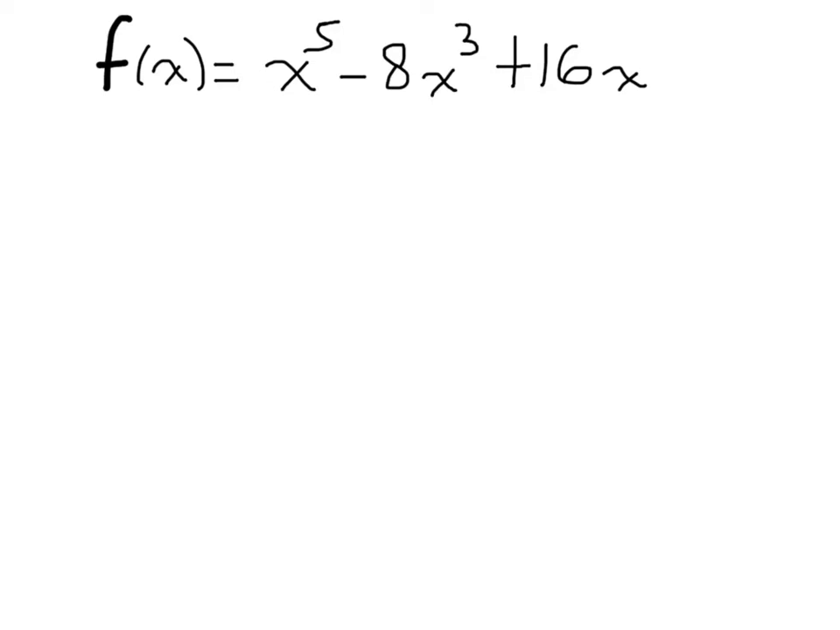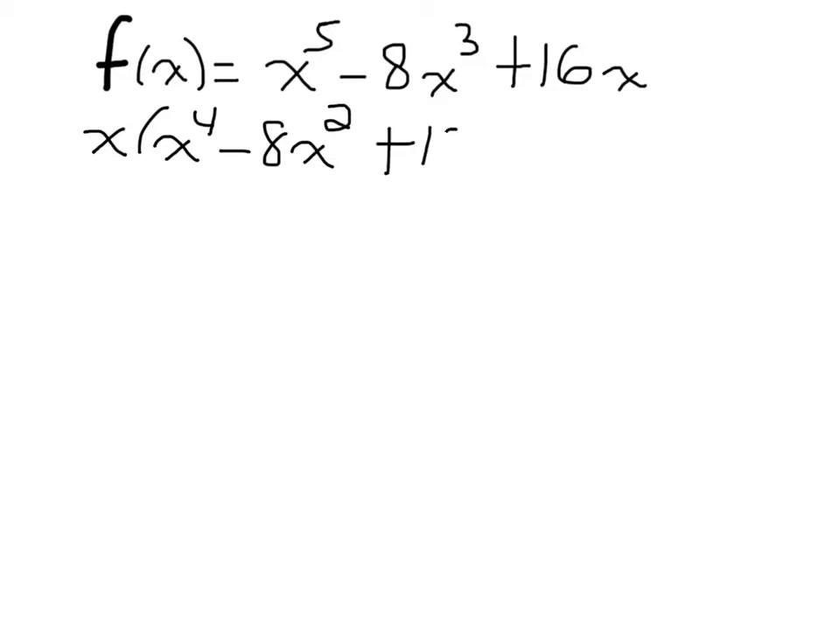Alright, so we're going to graph this using multiplicity of roots. F of x equals x to the fifth minus 8x cubed plus 16x. Of course, first we must figure out if we can factor anything out, and yeah, we can. We can factor out an x. That leaves me with x to the fourth minus 8x squared